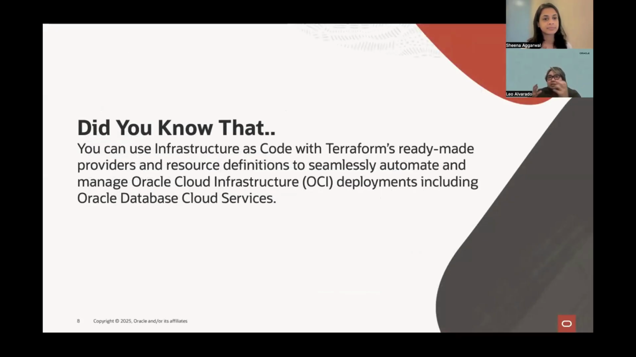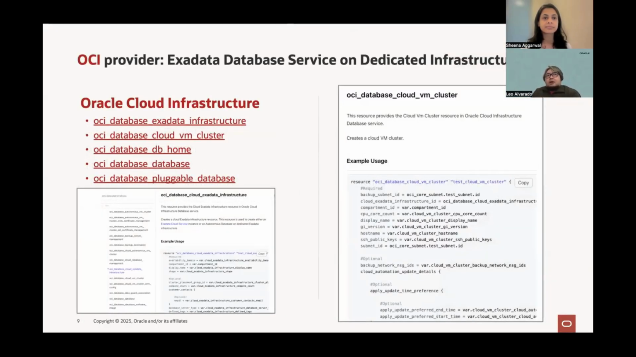We also covered in part one that you can use infrastructure as code with Terraform's ready-made providers and resource definitions to seamlessly automate and manage OCI deployments, including your Oracle database cloud services. One of the great things about Terraform is that it comes with these ready-made providers and resource definitions. If you look into the OCI Terraform provider, and then under the database, you'll see all these ready resources